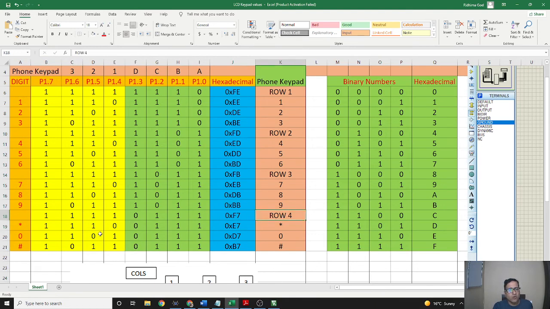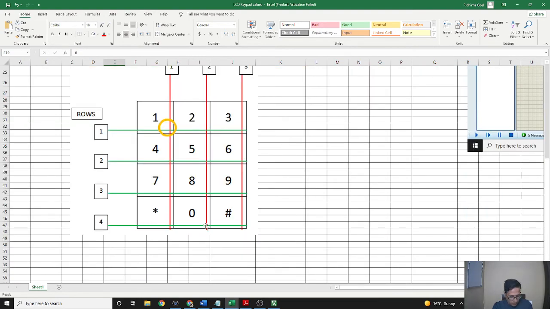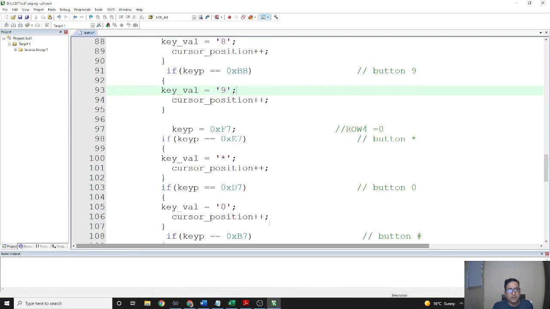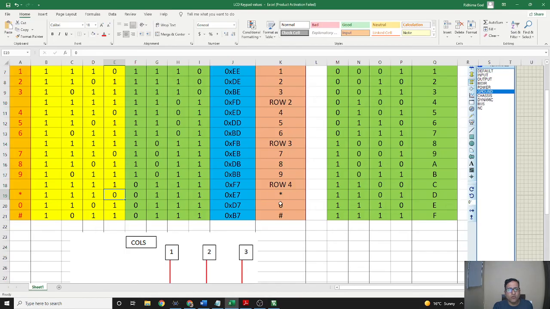Now the fourth row, first column, which is this, will be 0, and then this star will appear on the LCD. So here we can see it is E7 and F7 for row 4. F7 is for row 4 and E7 is for the star.